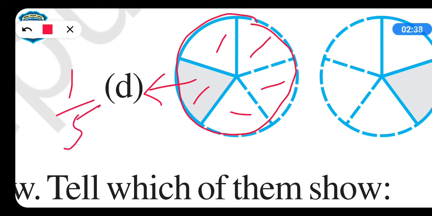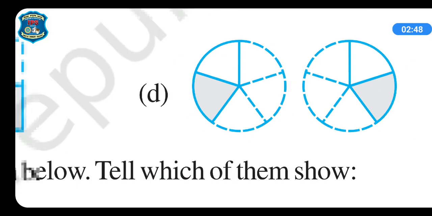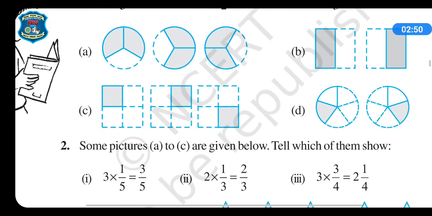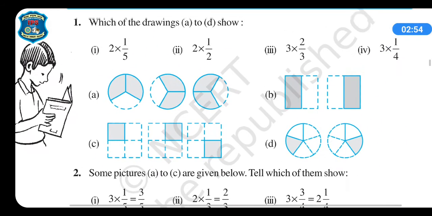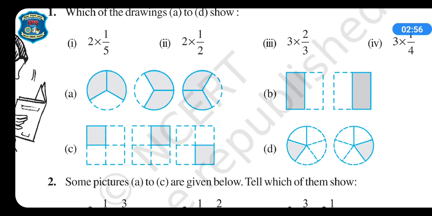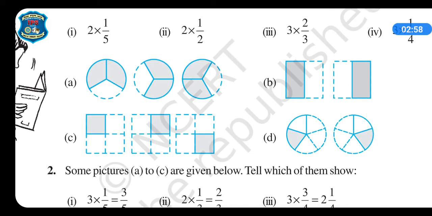5 parts में divided है ना. So denominator आपको बताता है कि how many parts the figure is divided. ये 5 part में divided है. Got it? So when you will see the figure, you will guess कि how many parts, right? So now let us see. If I will show you A, B, C, D. So this one, the first part is 2 into 1 upon 5.